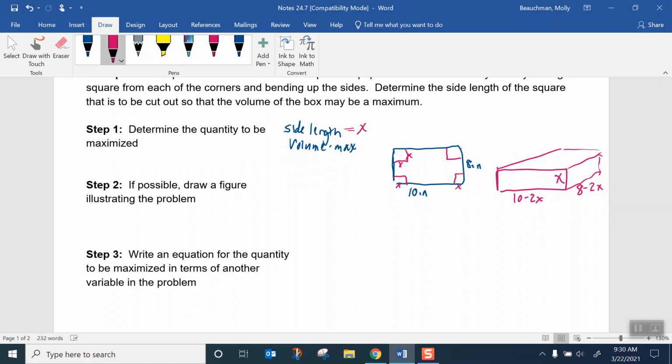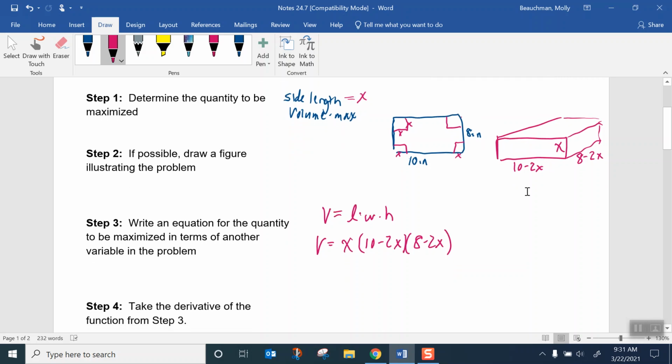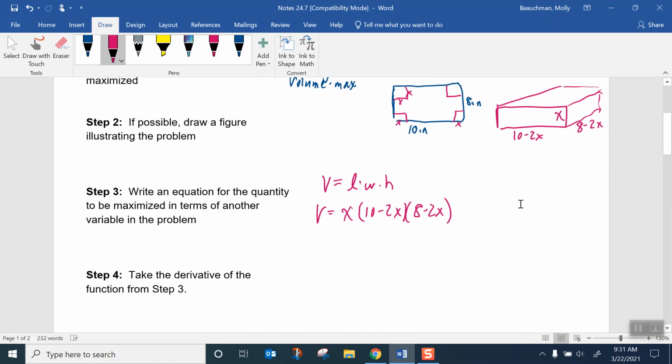So now we want to write an equation for the quantity to be maximized in terms of X. So we want the volume of the box to be maximized. Volume is equal to length times width times height. So the volume of our box is X times 10 minus 2X times 8 minus 2X. So that's the equation, the polynomial, that represents the volume of a box, depending on what size square you cut out of the corners. If you multiply that out, you end up with volume equal to